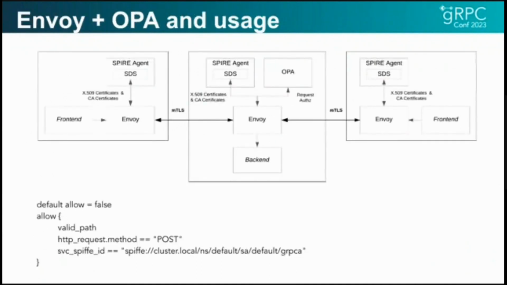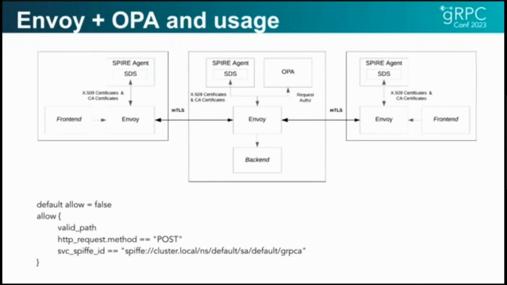This is a more complex example. You have two front ends in the corners, and in the middle you have the back end, and you have this Envoy proxy in the middle of them, doing this filtering and applying these policies where you can identify what each workload is and which one is authorized